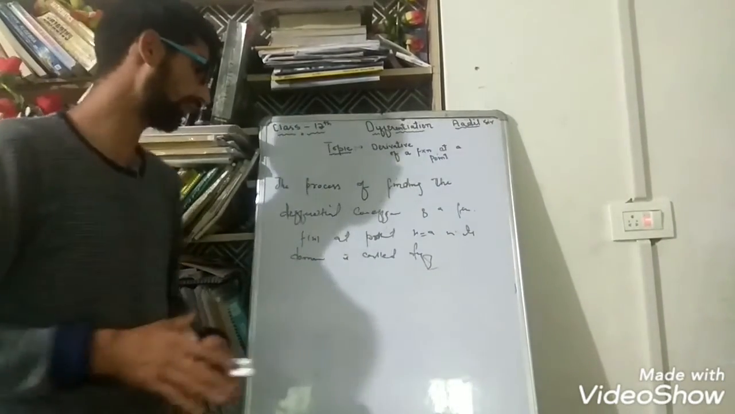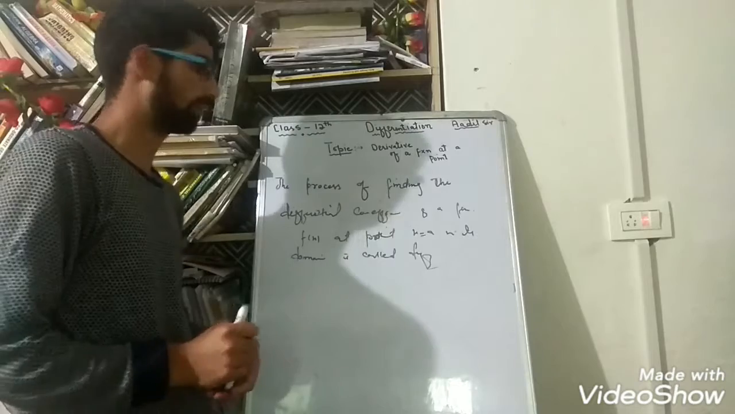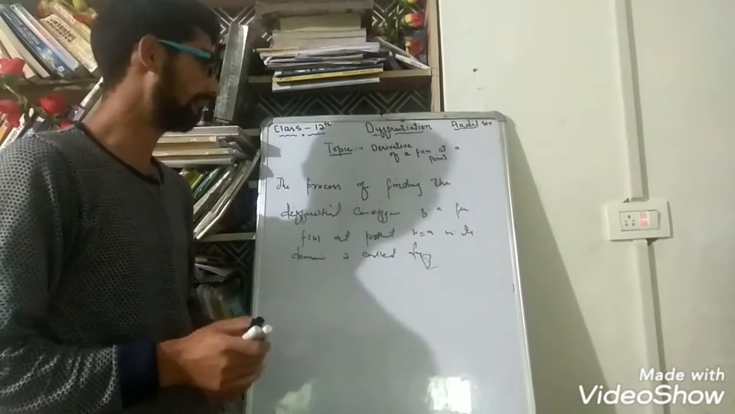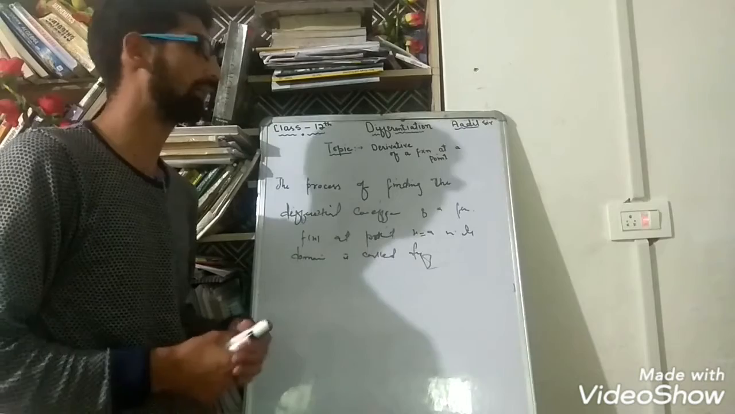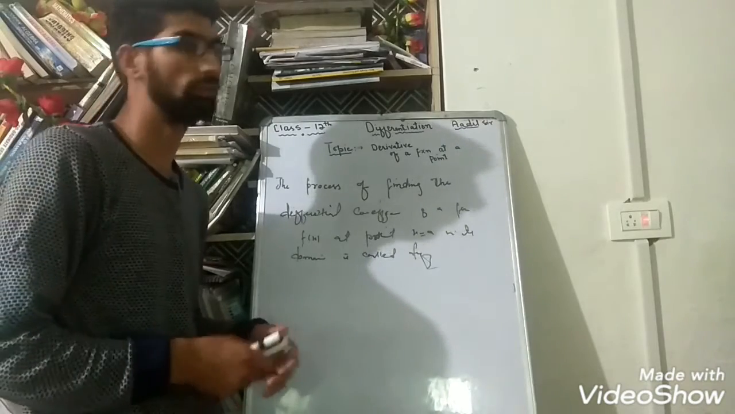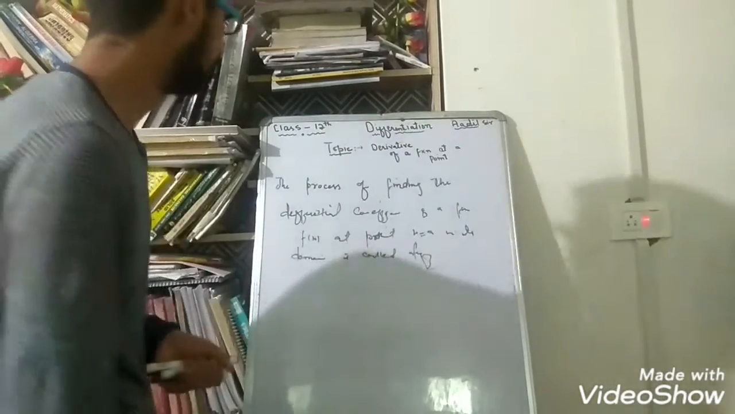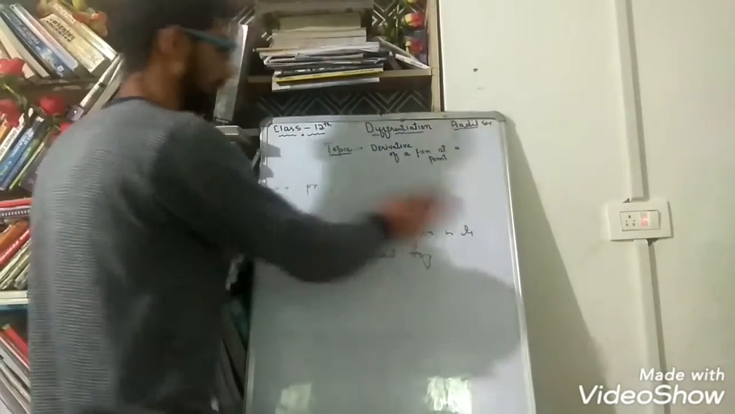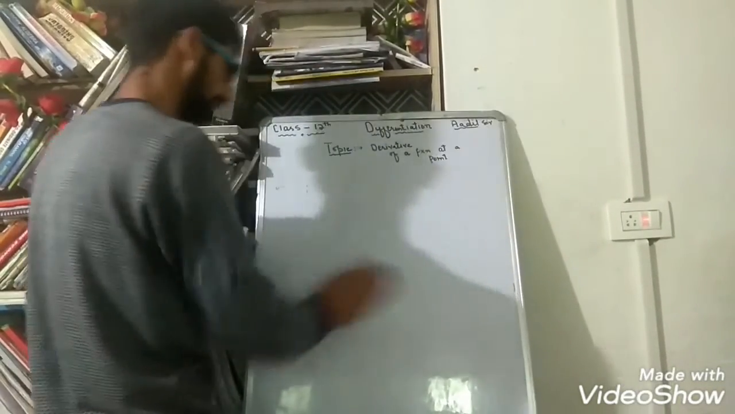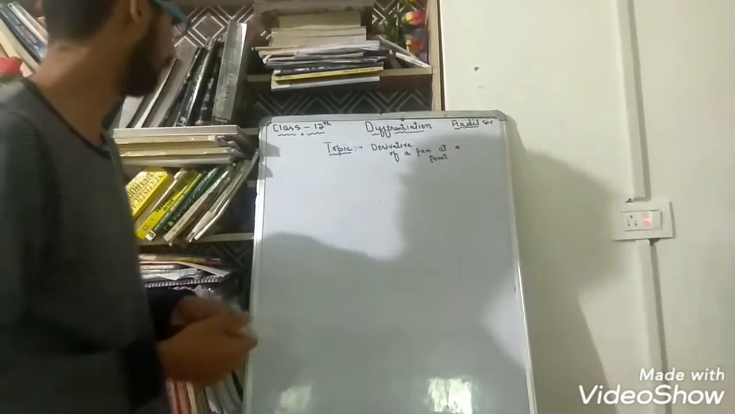First of all, in order to find this differential coefficient, the function must be differentiable. To check whether the function is differentiable, we have to find the limit of f of x minus f of a divided by x minus a at that point. Now, today we are going to define this differential coefficient in some other way. First of all, we will